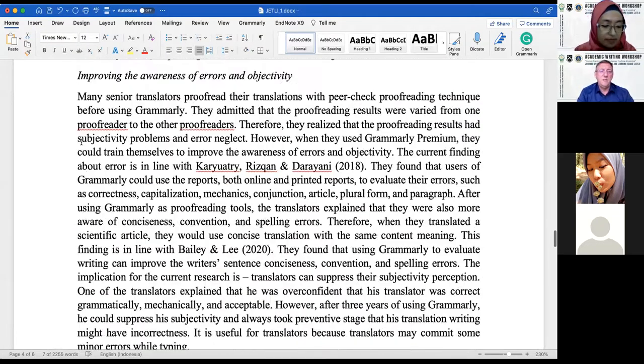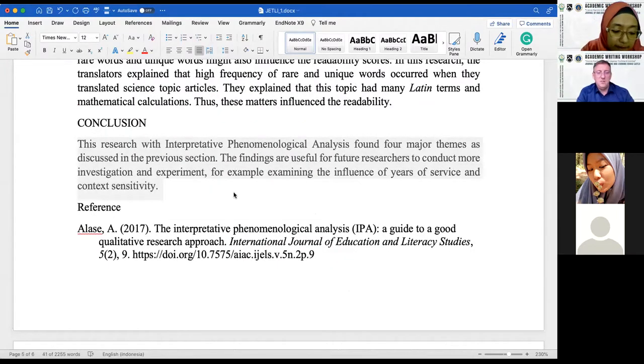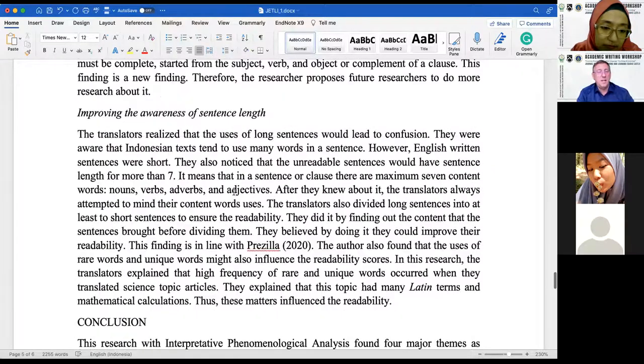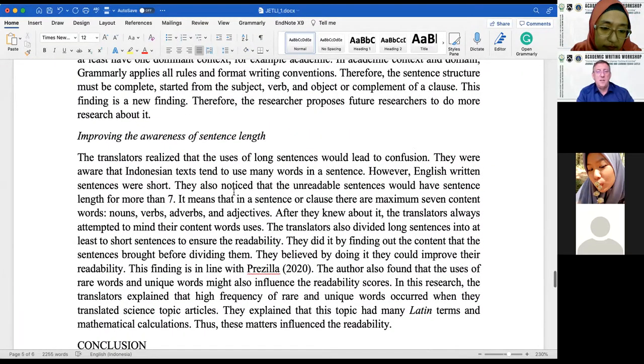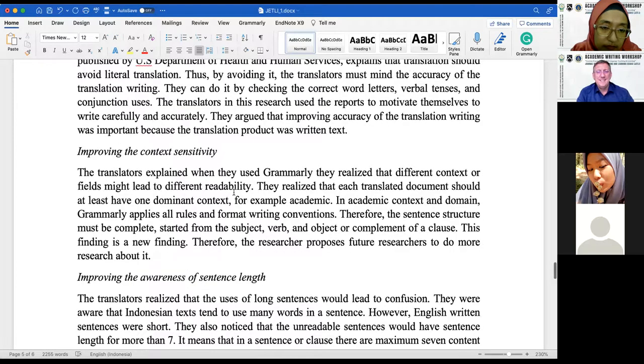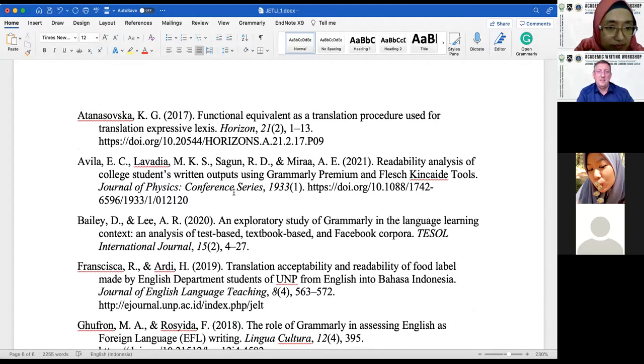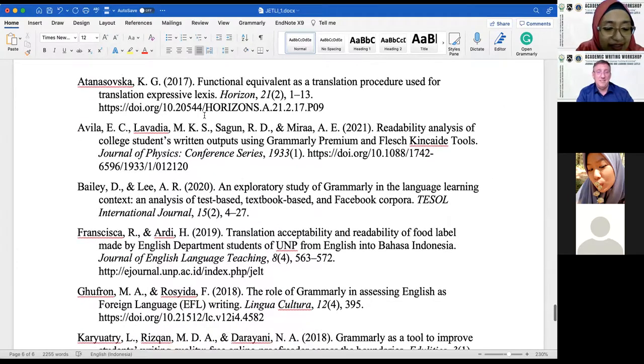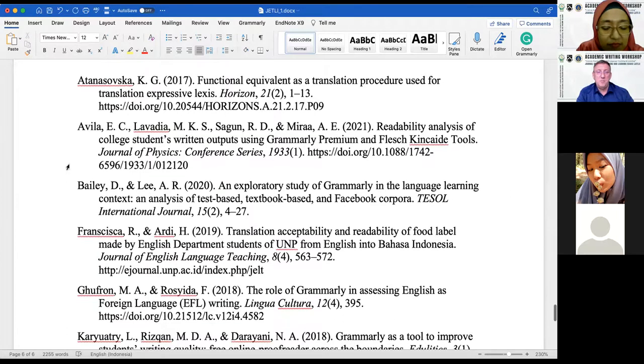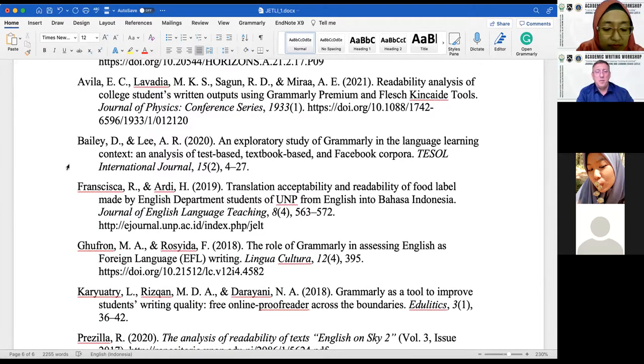And oh, here you go. 2,200 words later, we get to the conclusion. And again, if you're going to do a phenomenological analysis, guess what? There's going to be a lot more explanation, especially the qualitative part. So yeah, again, this paper is hurting a lot. It's probably not going to be, this paper will be rejected.